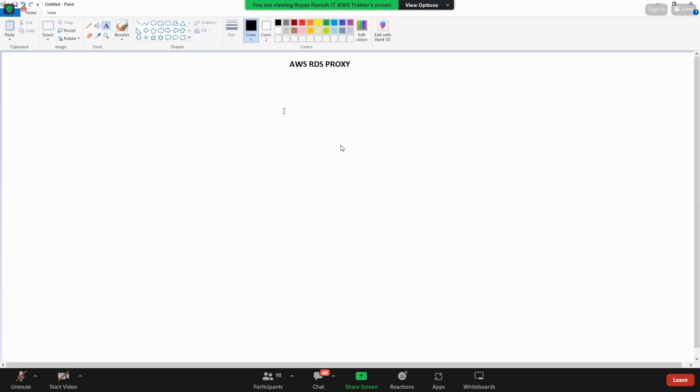What this proxy will do is, say there are so many applications connecting to your database. For example, I have 30 applications connecting to the database. How many connection strings will be there? 30, even more than that, because many connections will be happening to the DB instance.